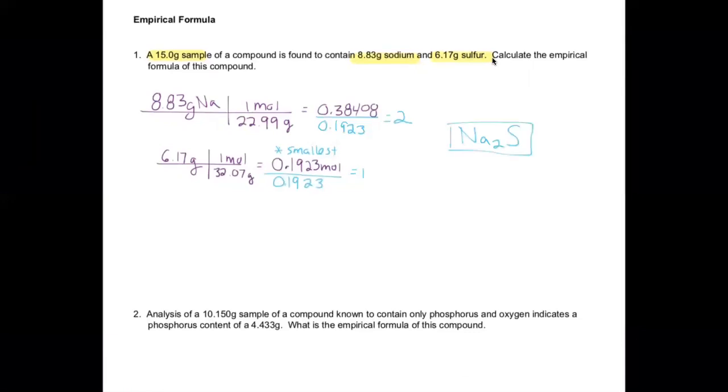All right, I'm going to help you set up this one, and then I'll have you try it on your own. So here it says we have a 10.150 gram sample of a compound that has only phosphorus and oxygen. And it says that there is this much phosphorus. So in this case, notice it only gives us one of the 2 amounts. So we do know to start that we have a certain amount of phosphorus. So we can set that up,